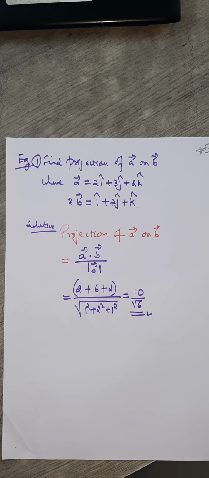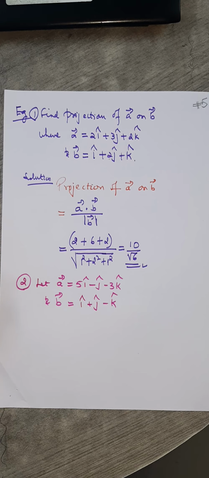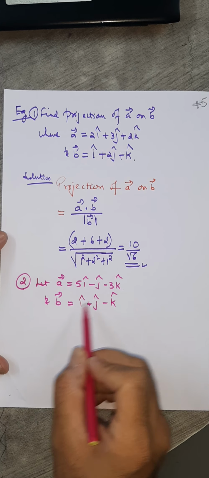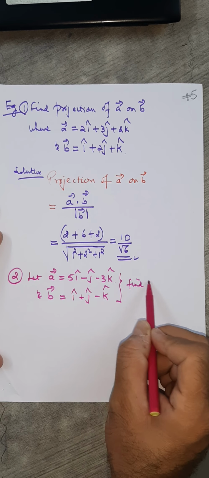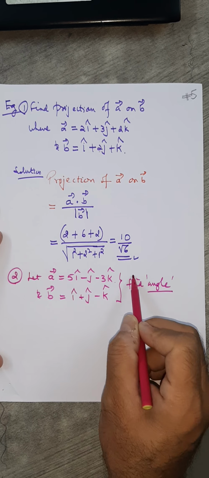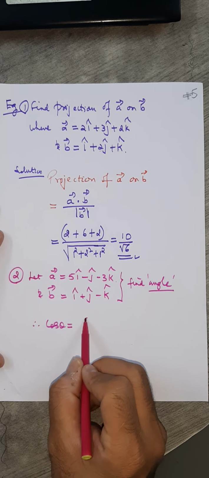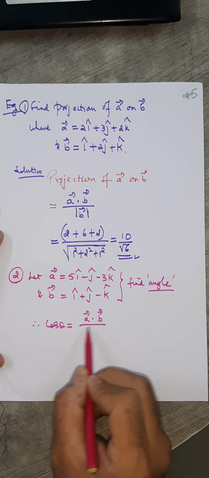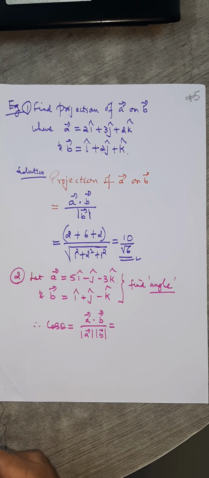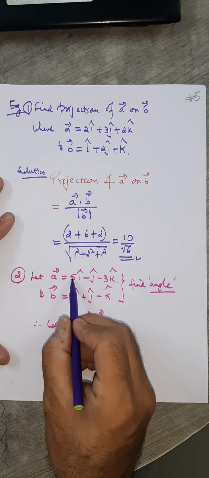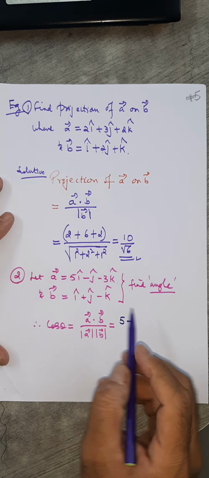Now one more question. Let's take vector A is this, vector B is this. The question is: find the angle between these two vectors. So what is the formula here? Cos theta equals dot product upon individual magnitude. This is the formula to get the angle between two vectors. What's the dot product of these two vectors? 5 into 1, that's 5, plus minus 1 into 1, that is minus 1,